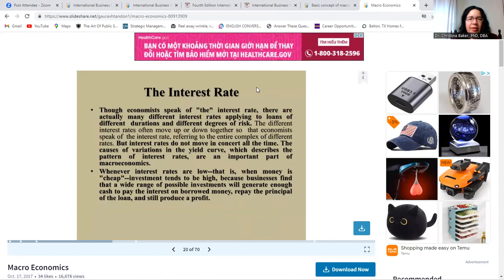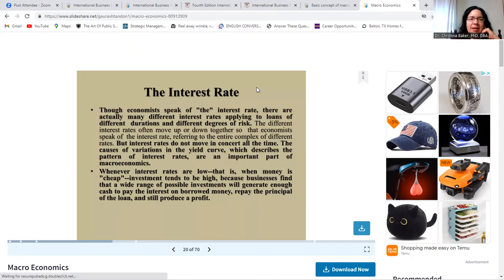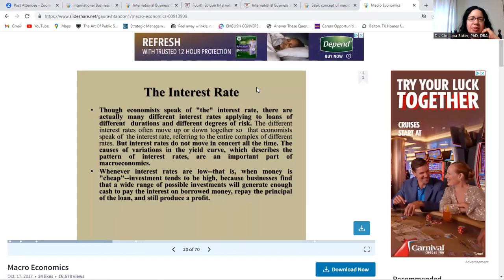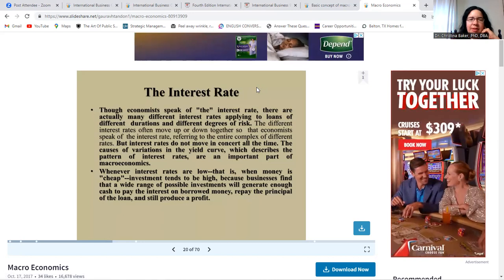Next is the interest rate. Though economists speak of the interest rate, there are actually many different interest rates applying to loans of different durations and different degrees of risk. The different interest rates usually move up or down together, so economists speak of interest rates referring to the entire complex of rates, but they do not move in concert all the time. The causes of variations in the yield curve, which describes the pattern of interest rates, are an important part of macroeconomics. Whenever interest rates are low, that is, money is cheap,